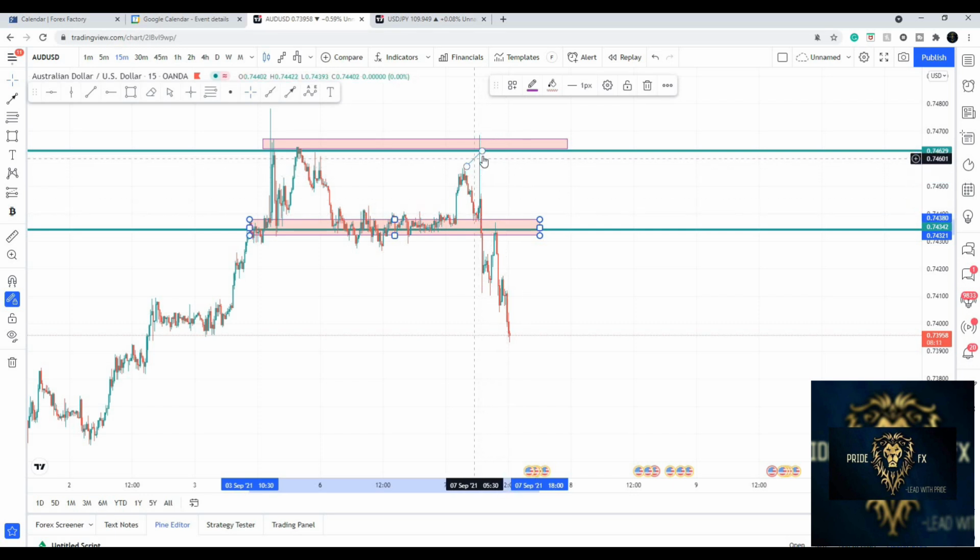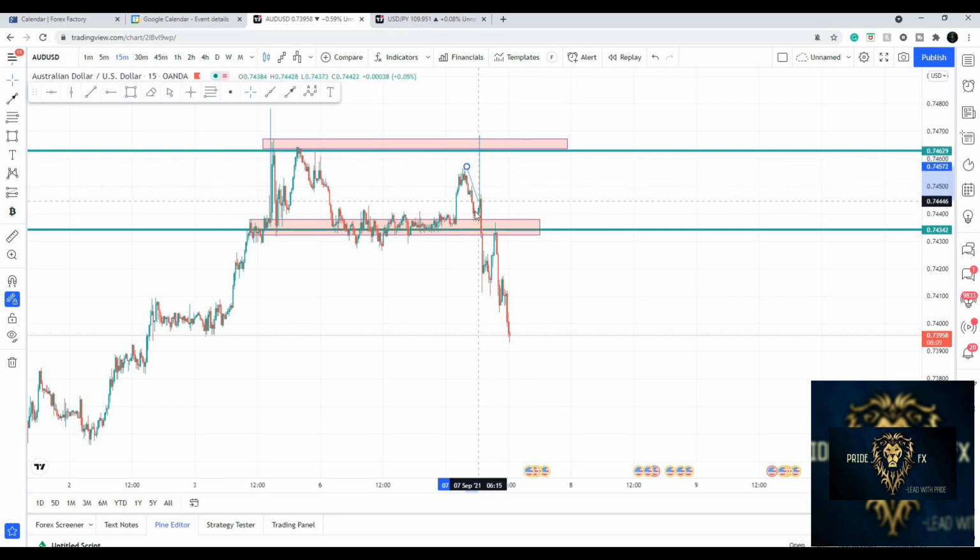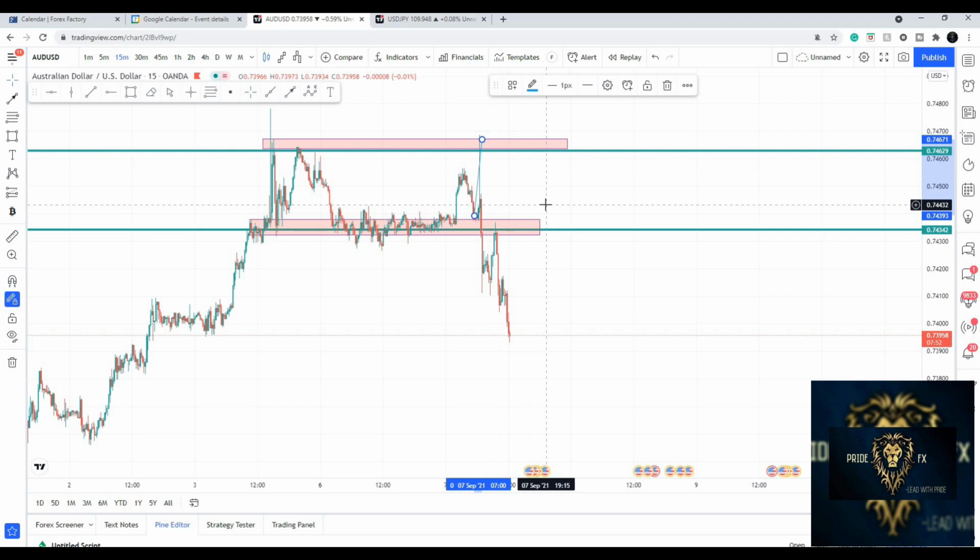So here you can see that from here, we had that in our support area, right? So in our support area, no higher highs, no higher lows were created. So we definitely know that there is no breakout yet. So what you can do is take your buy trade, right? So you take your buy trade, and what happens? The market gets to your resistance. You exit the market, you leave the market, and you could have taken a sell.